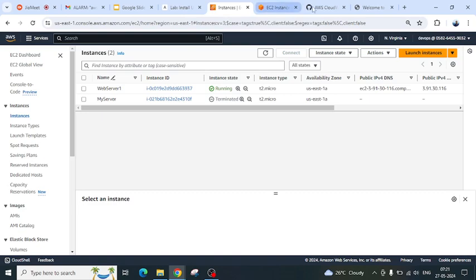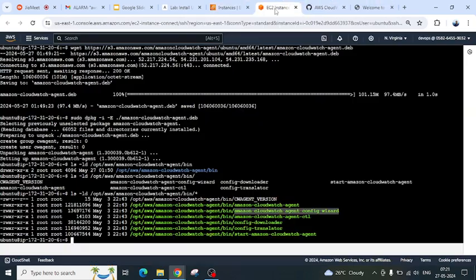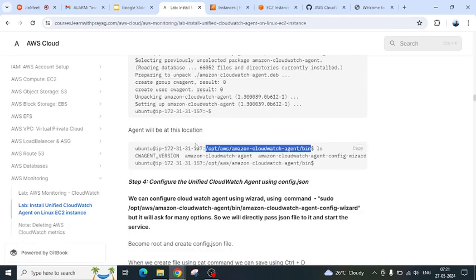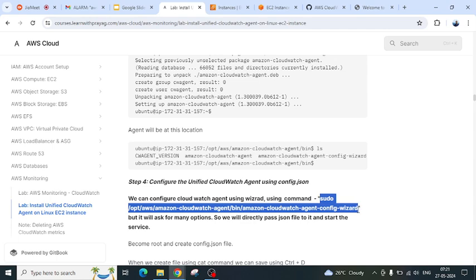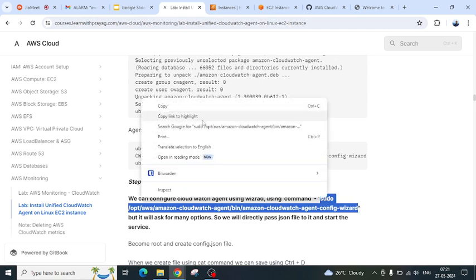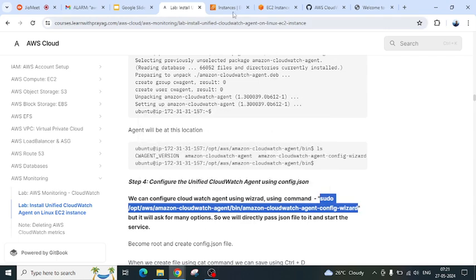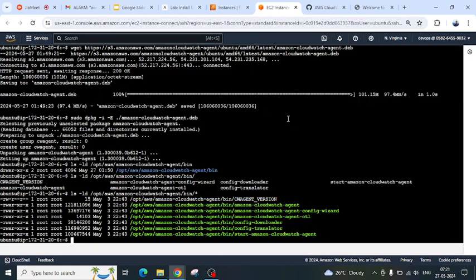So just for testing, I'll start it, but I'm not installing anything using this wizard. Okay, I just want to show you. Let's use this command. You don't have to save it. I mean, whatever changes it gives, we'll just cancel it. So just